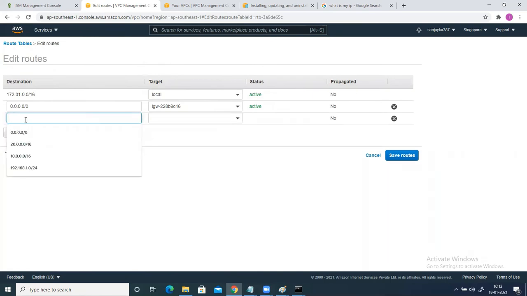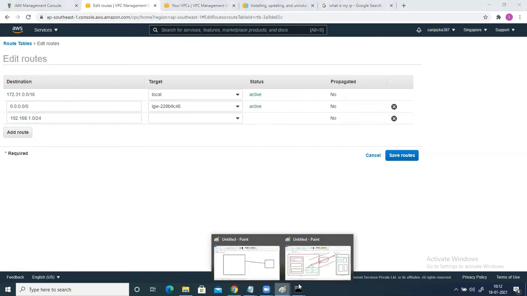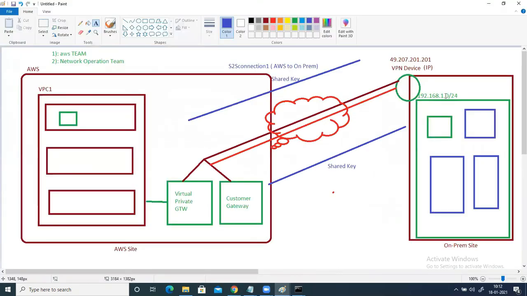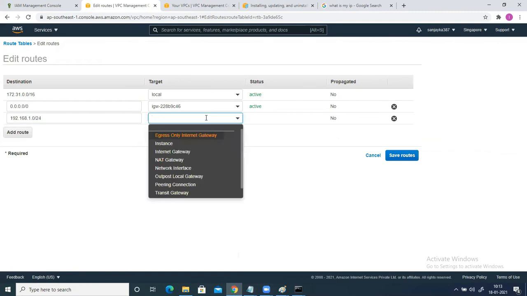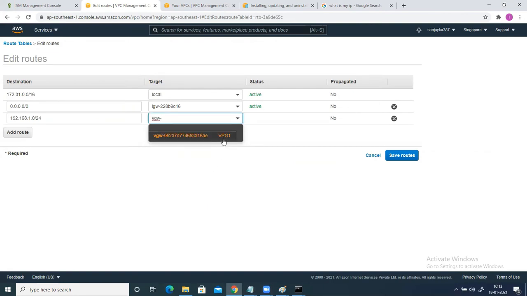The route is: if you want to go to 192.168.1.0/24, and this is the IP range of your on-premises network, so I'm telling VPC1 and all three subnets that if you want to reach this network, you have to go via the virtual private gateway, and this is the VPG1.